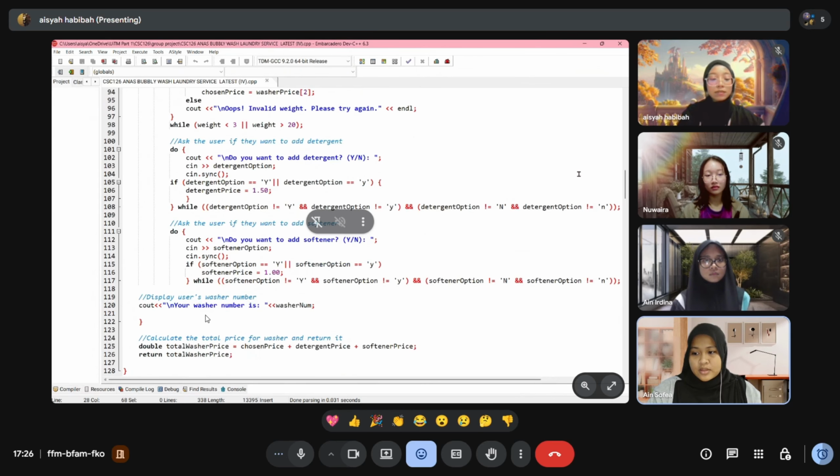In this part, the program will display the selected washer number to confirm the user's choices. Okay, and then after that,